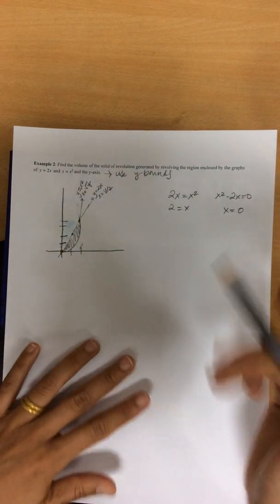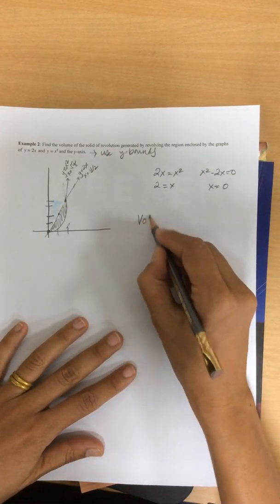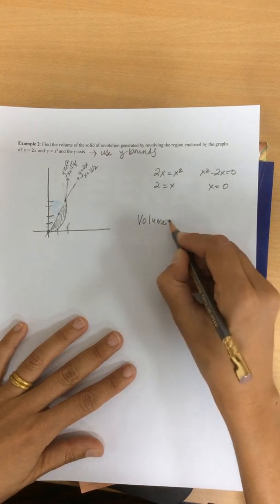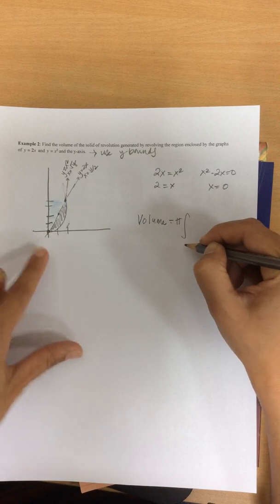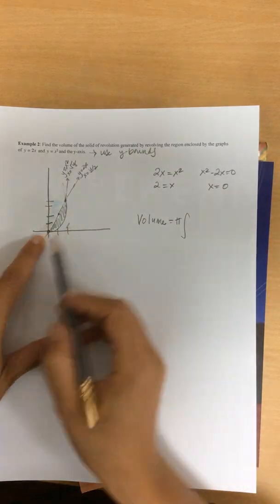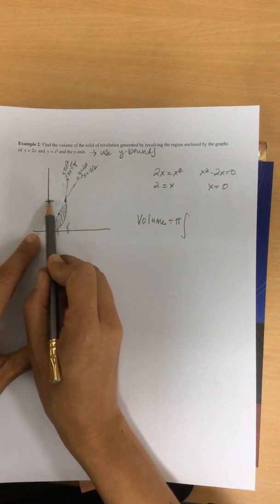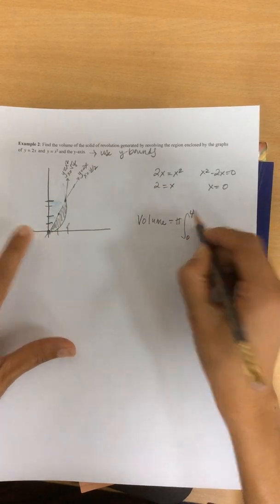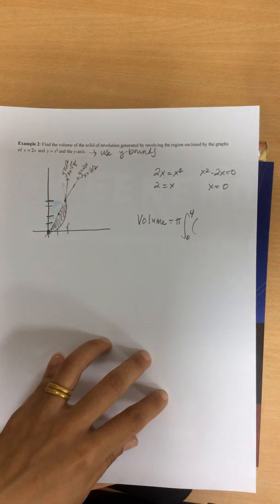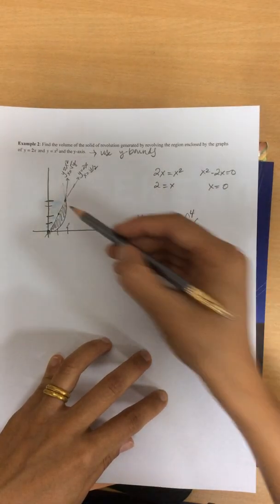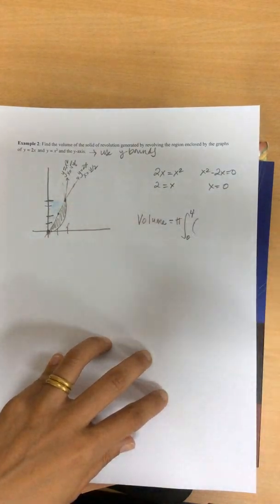Okay, let's set up our volume. We know it needs to be pi, and we're integrating along the y-axis, right? So we're integrating from y equals 0 to y equals 4. All right, so what's our outer radius? Our outer radius, if we're integrating across the y-axis,